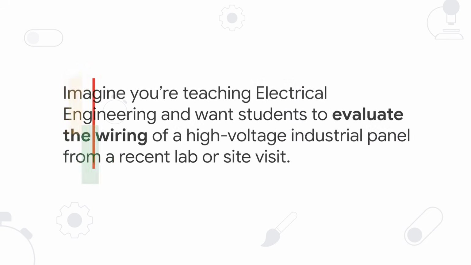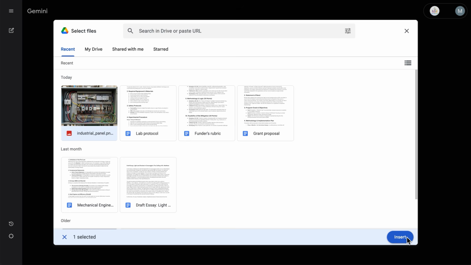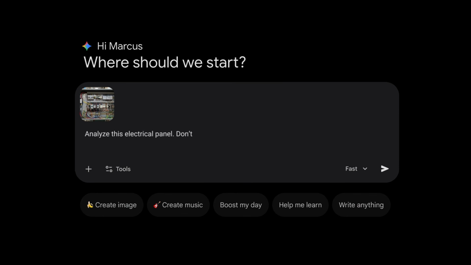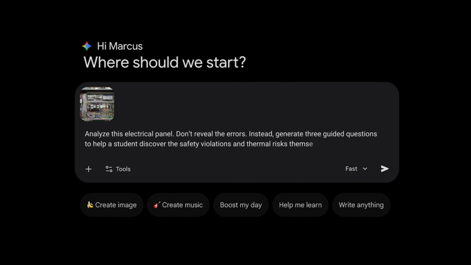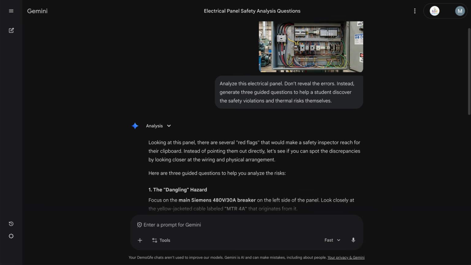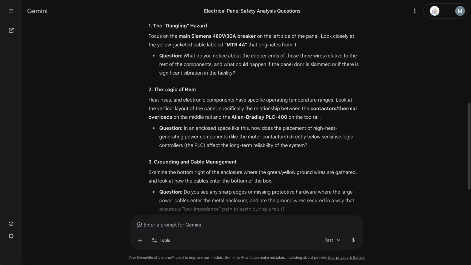lab or site visit. In Gemini, upload the photo and use this prompt: "Analyze this electrical panel. Don't reveal the errors. Instead, generate 3 guided questions to help a student discover the safety violations and thermal risks themselves." Gemini acts as a Socratic tutor, providing high-level prompts that force students to apply their knowledge to the visual